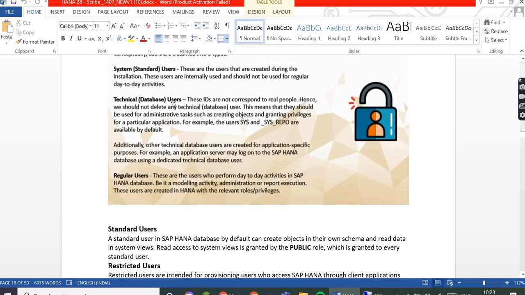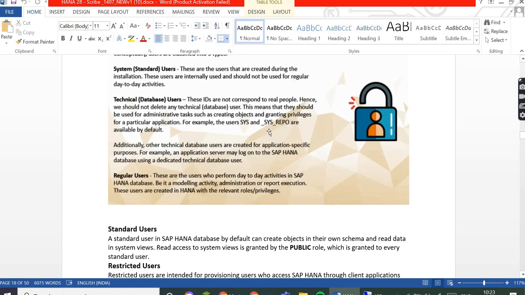Then we have the technical user. These technical users are a system kind of user which is used to create objects and grant privileges to other users. We have SYS, whatever we find with SYS is nothing but a system user.